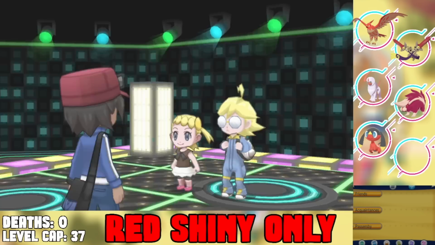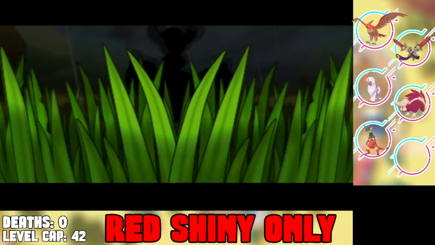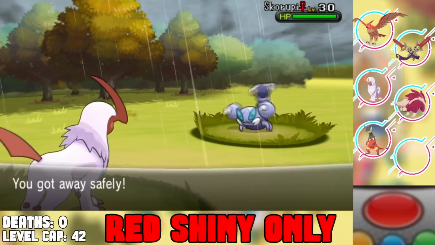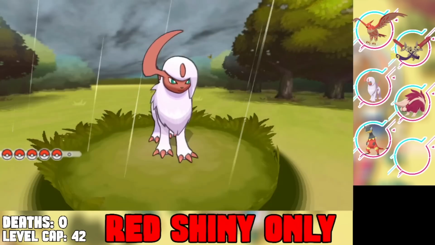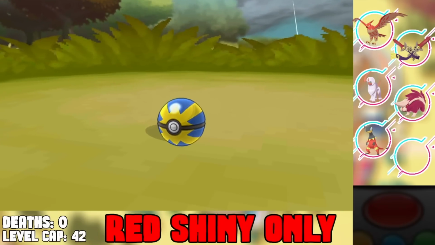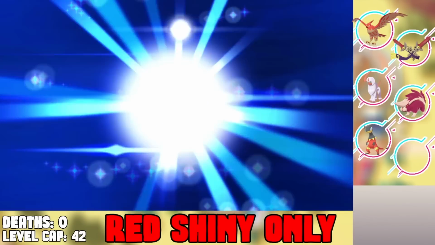From there, we're going to move out into Route 14, which is going to be a decent route for us because there is one more red Pokemon that we want to get. A red shiny Pokemon in here is a Pokemon we use a lot. The red Pokemon in question is going to be Skorupi, and Skorupi, no doubt about it, is a red Pokemon for sure. We're going to add it to our team immediately, and then we're going to evolve it, and then it's